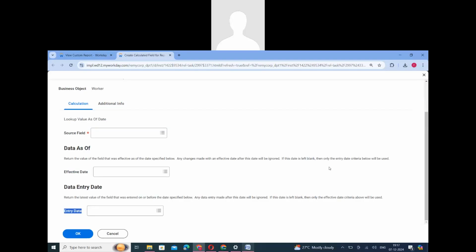So, especially the effective date concept is very, very important and the most powerful date concept in ERP systems. It's not only Workday, guys. If you go to other ERP systems like SAP, Salesforce, PeopleSoft, Oracle products, this effective date is one of the most useful and powerful concepts. For example,